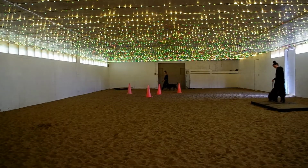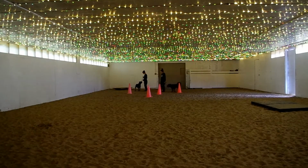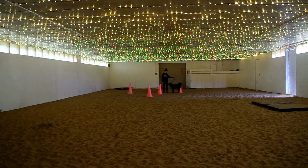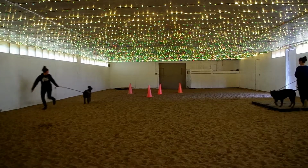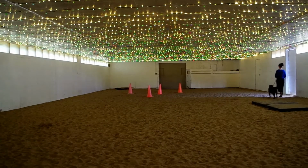So while Marlo was standing with Kenna, I decided to pass him with Luka. I was mindful to walk between them both, but they did great. And before moving on to the next step, I did a few more fun cues with Luka to try and distract Marlo. Yes, good boy. Good boy. No. But he was super quick to bring his focus back to Kenna, so we moved on to the crisscross walking